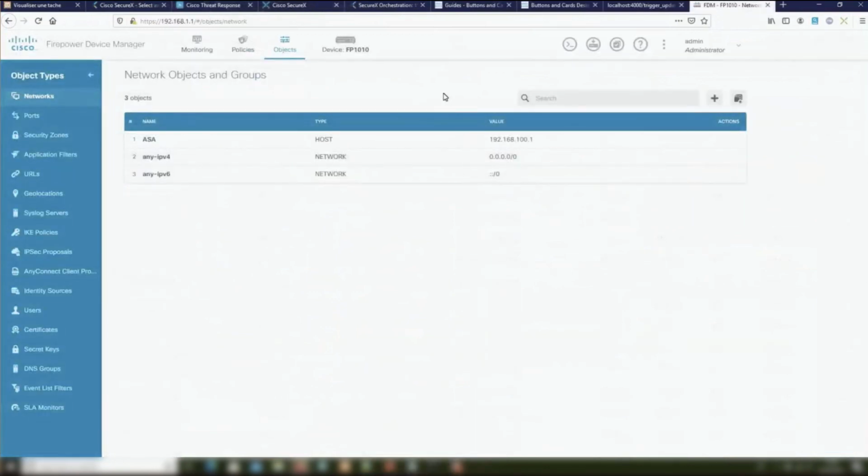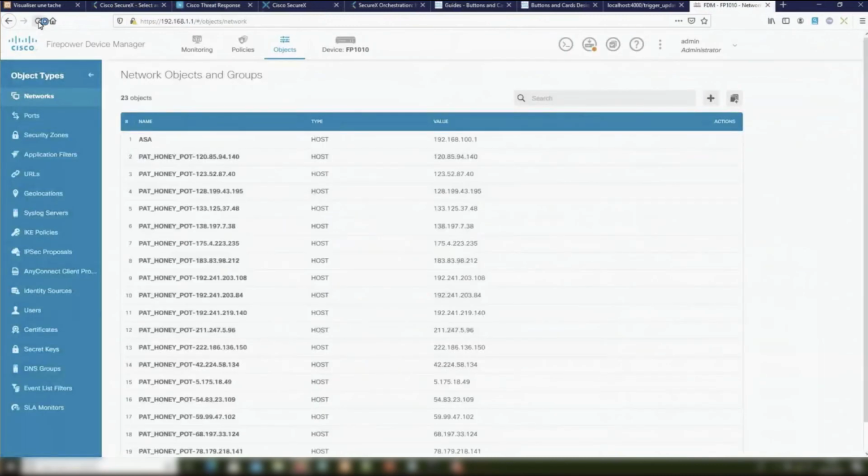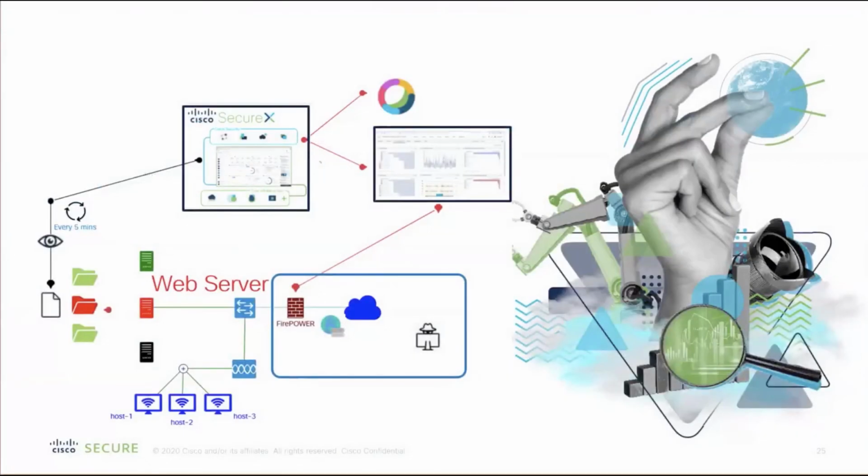And we have an example with an FDM Firepower device. The network object list is empty, and if I refresh it, now I can see that all the objects from the SecureX judgment feeds have been added. And here it is. So it was very fast to do. We can have a lot of firewalls within the network from different vendors, and it will work the same as we saw. And thanks to this workflow, I was able to detect a malicious activity in one location and after that block it everywhere.